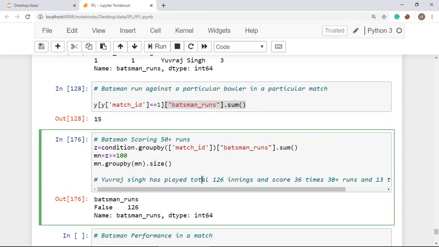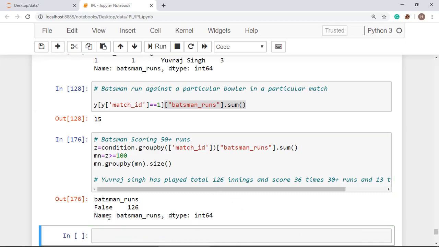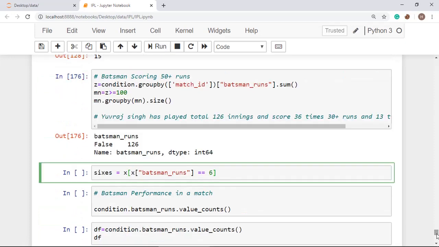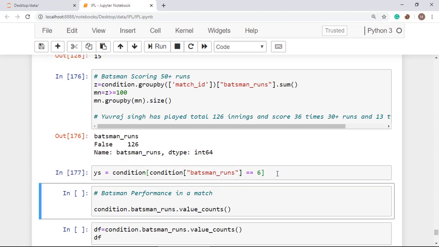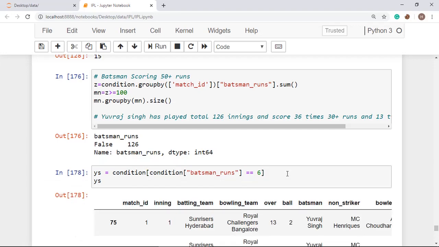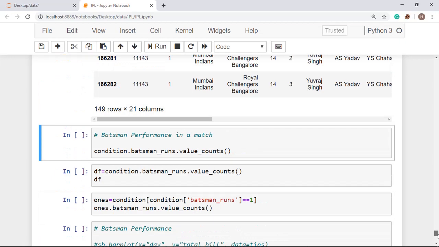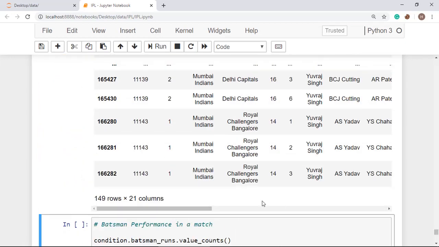All right, so place a row here and copy this, and what you have to do is just rename it as bias, and at the place of x use condition, because condition is the data set where the batsman is Yuvraj Singh. So when you do this and find out bias, you are going to get all those rows where Yuvraj Singh has scored sixes, and here you can see